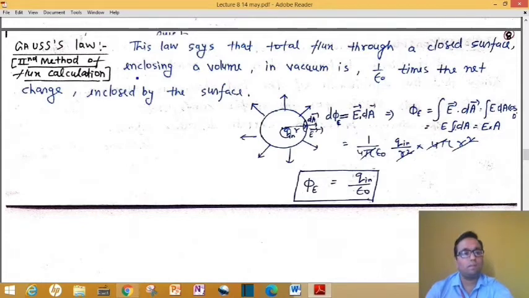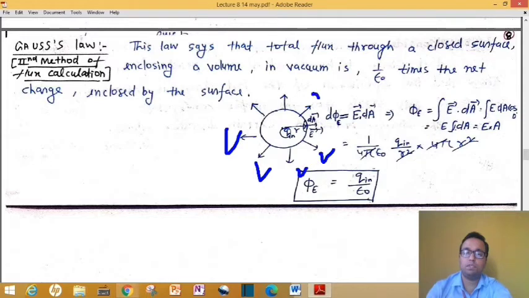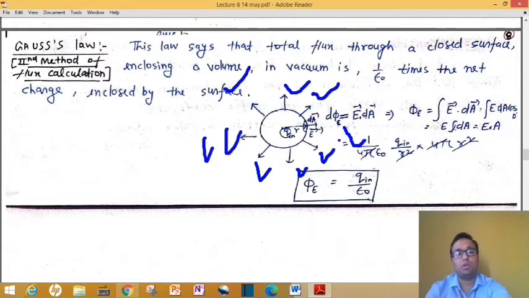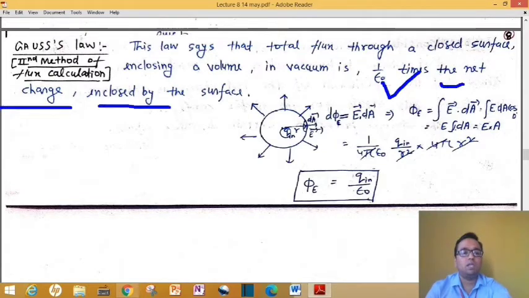So here, this Gauss law says that the total flux coming out, suppose we have a sphere like this one, and this sphere consists of Q inside. Inside means this charge is inside the surface, Q in. Then this charge will give us light, or power or radiation, in this form. This arrow represents the direction of the light coming out, or the direction of the radiation. You can imagine this now. And this amount of radiation coming out of this surface will be given by 1 by epsilon naught times the net charge enclosed by the surface.